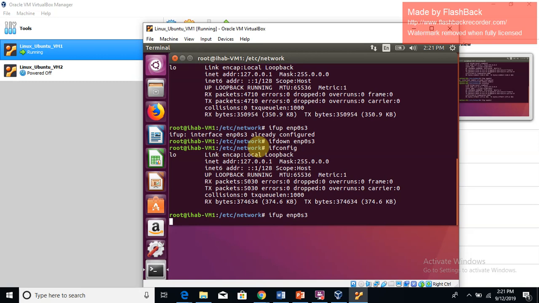Great. So it's work in progress. It's ensuring that the interface is brought up. Okay, so it's more than a few seconds actually. Okay, so now to double check if the interface is up or not, so type